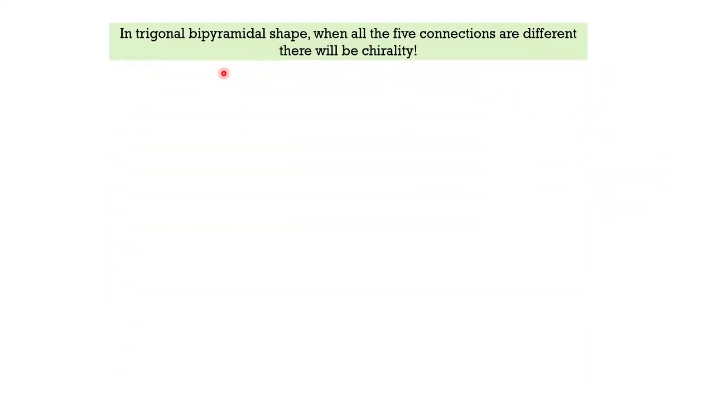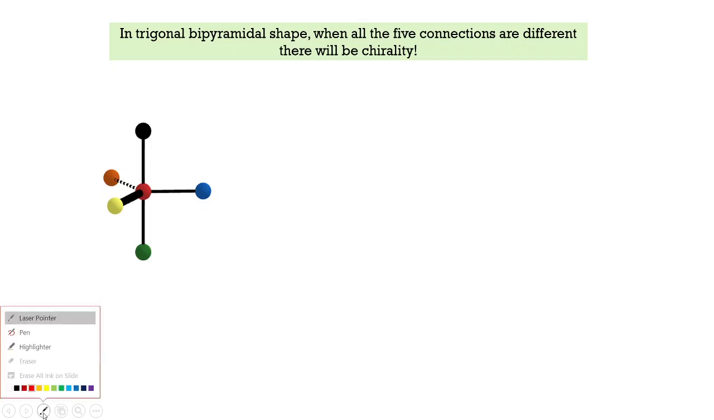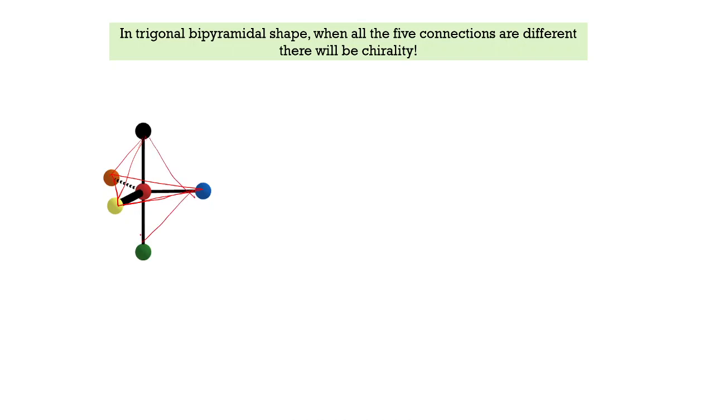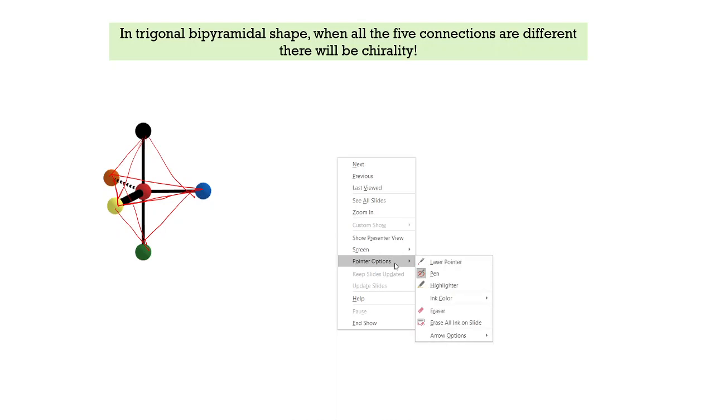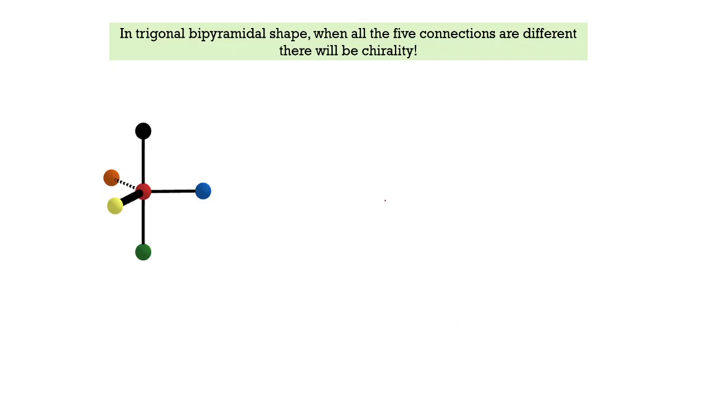Okay, how about in trigonal bipyramidal shape? When all the five connections are different, there will be chirality. I will show it to you right here. Suppose this is a trigonal bipyramidal shape. Why it is called trigonal bipyramidal, I expect my viewers to know, but if they don't, then you see this is a triangle, and then there are two pyramids on the upside and the downside. So this is trigonal bipyramidal shape, and in this shape, if we have all the five groups attached to the central atom different from each other, then if you take a mirror image of this molecule,